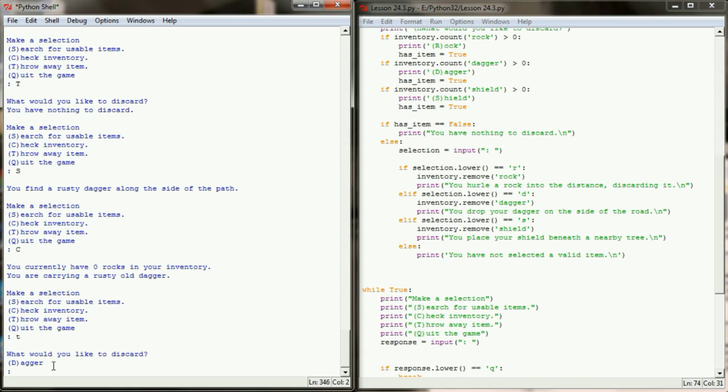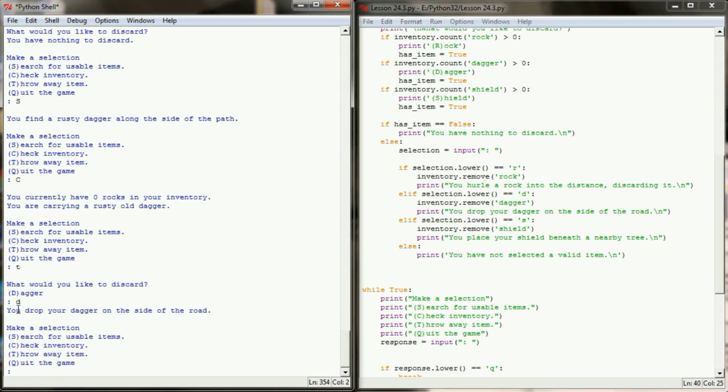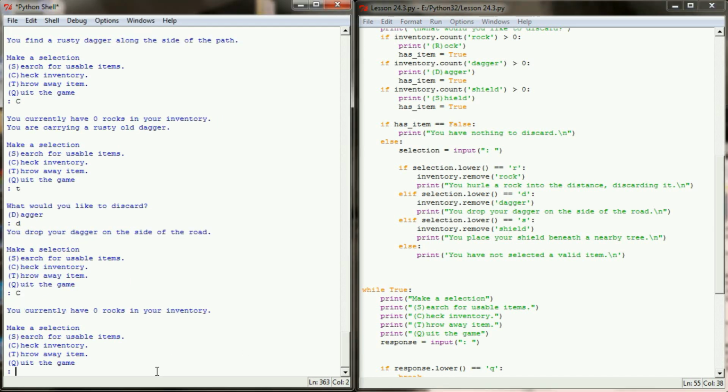Now let's try and throw away our dagger. "What would you like to discard?" The only item that we get to choose from is a dagger, and that's because the inventory count of rock and shield is 0, but dagger equals 1, so we're printing out dagger on the menu. So I'll select D to discard the dagger. It says "you drop your dagger from the side of the road." This caused inventory.remove dagger to execute,